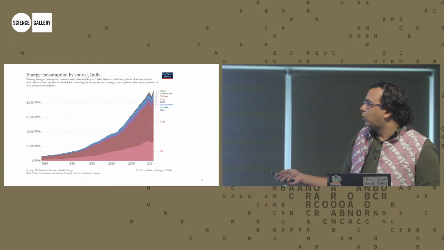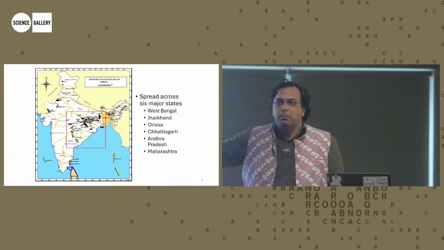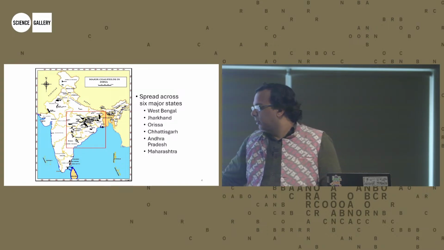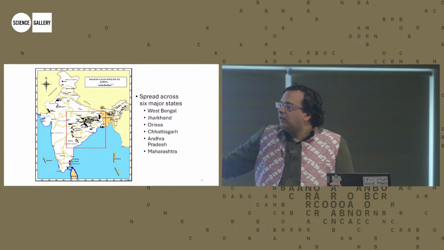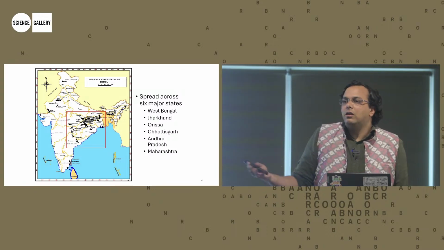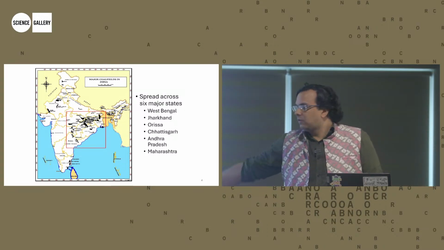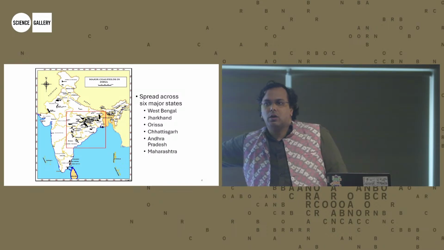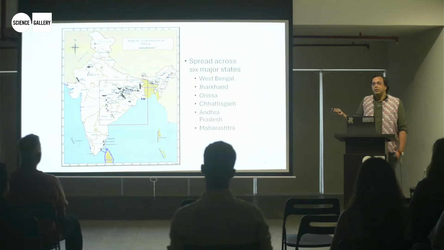Where is India's coal today? 95% of India's coal is in that red box over there, right? There is some coal in Rajasthan, there's a little bit of lignite in Tamil Nadu, there's some coal in the northeast, but for the most part, central and eastern India is where the majority of India's coal comes from, right? And these are the 6 major states where they exist. Most of these are Coal India, and Andhra Pradesh, or now Telangana, I guess, has its own company called Singareni Coal Collieries Limited.